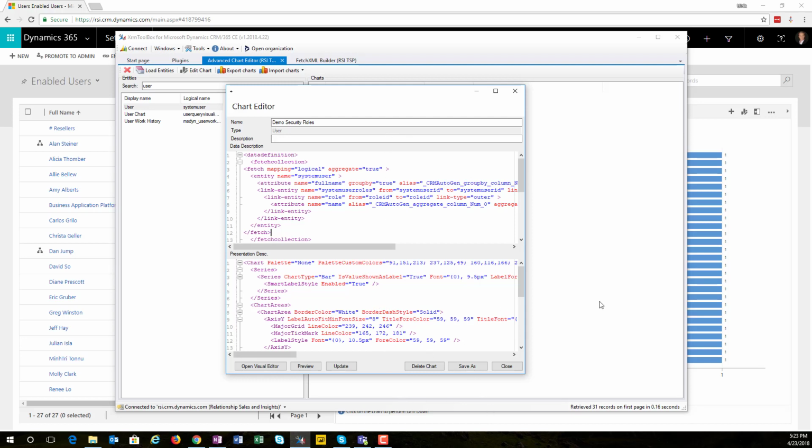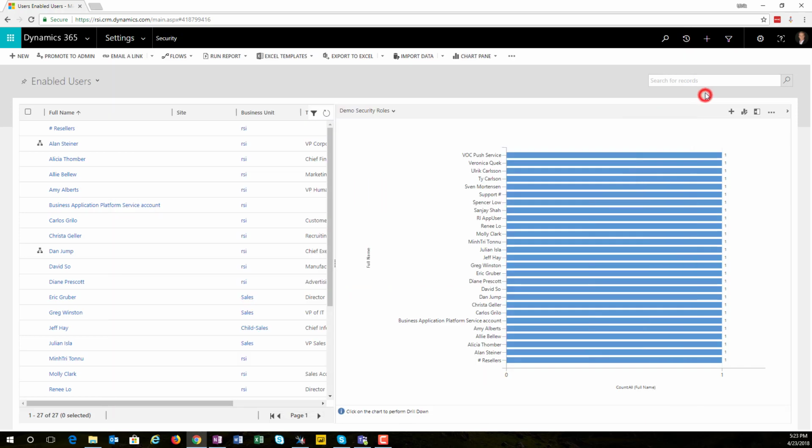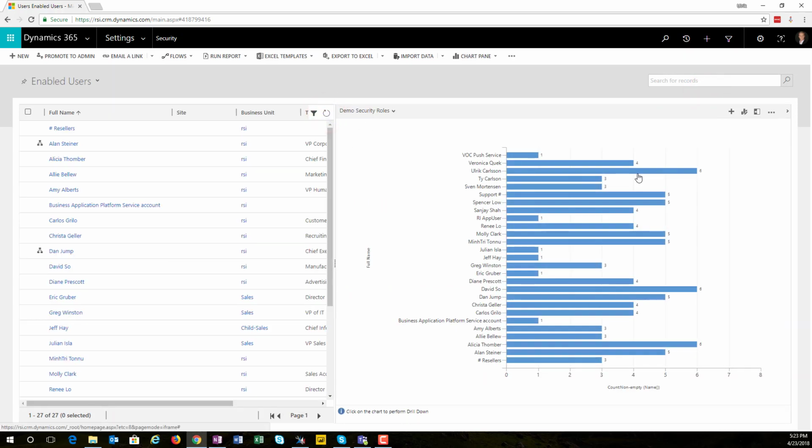And that will actually fix these few here. So let's actually just quickly try and update the chart. And I'll go back to my security roles here, my users, and update the chart. And we can now see it's actually updated to count the security roles for each individual user. And of course, since we are in the